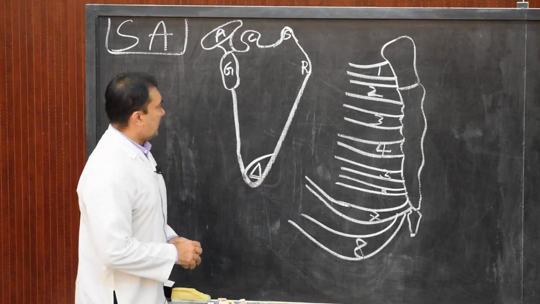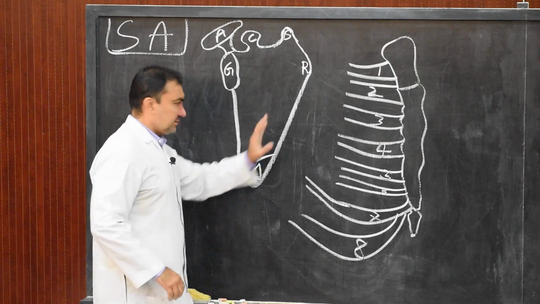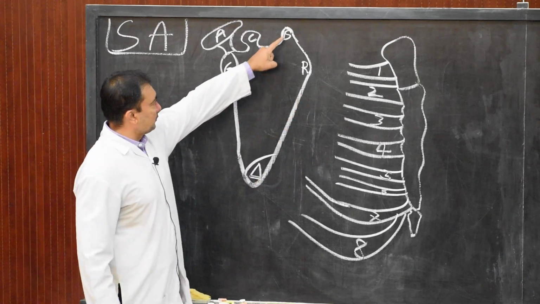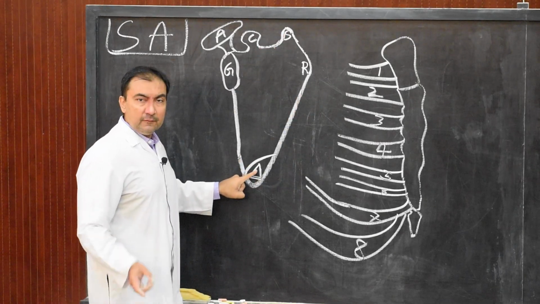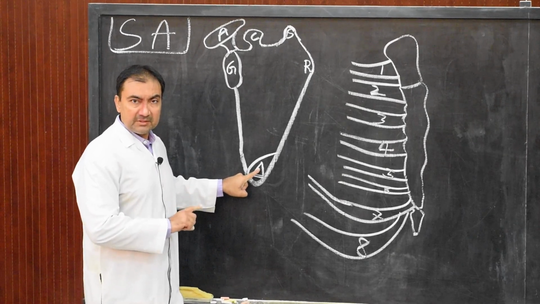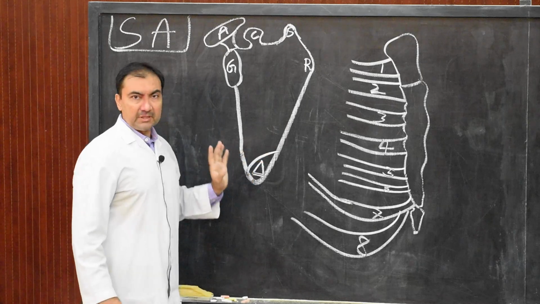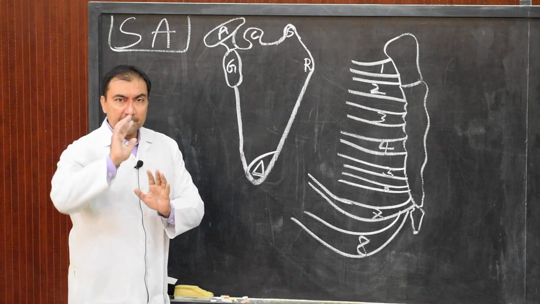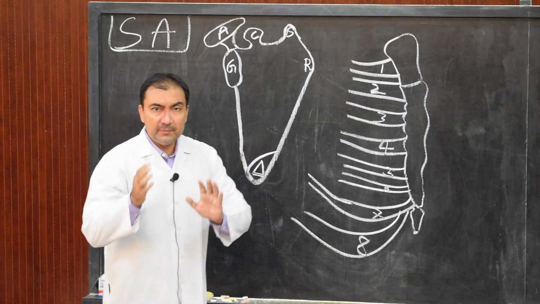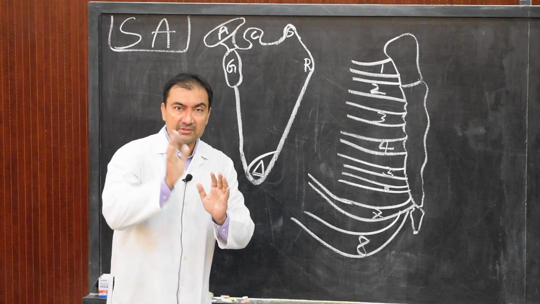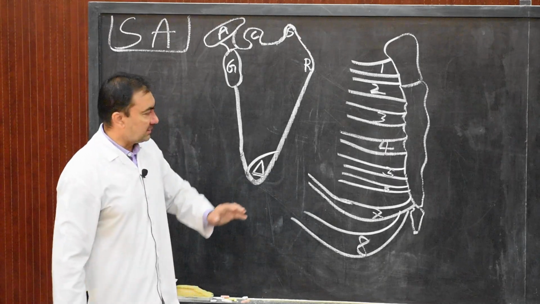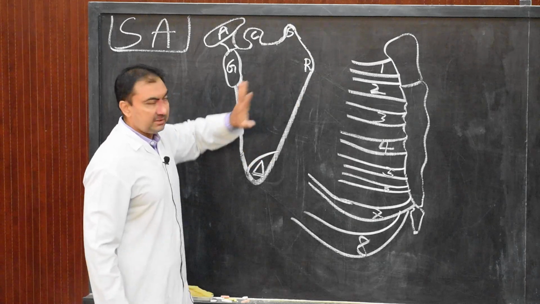Now after drawing these important points, once again: superior angle, inferior angle where the triangular surface is present on the scapula, root of the spine of scapula, and the entire medial border of scapula. Always remember one thing, the entire serratus anterior will be inserted on the costal surface of the medial border of scapula. That means medial border of scapula but costal surface.